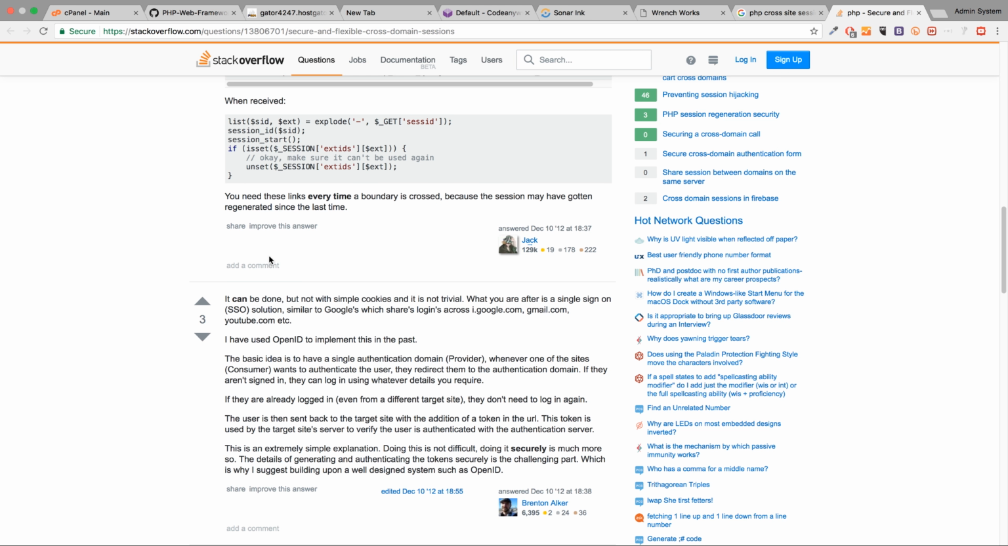Whenever one of the site consumers wants to authenticate the user, they redirect them to the authentication domain. If they aren't signed in, they can log in using whatever details you require. If they're already logged in, even from a different target site, they don't have to log in again. The user is then sent back to the target site with the addition of a token in the URL. The token is used by